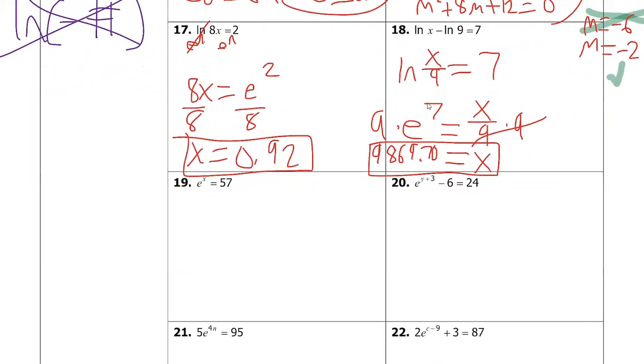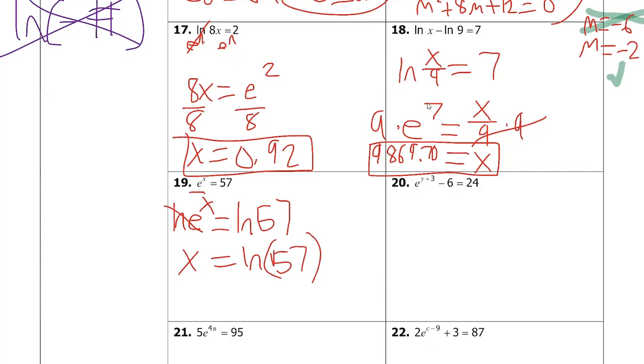similar idea. If you see a problem like this, to get rid of your e, you take the natural log of both sides. Because what happens is that cancels out your e, and you just get your exponent, which in this problem would just be x. And then you're just going to put this ln of 57 in your calculator. So the natural log, ln 57, press equals, it's approximately